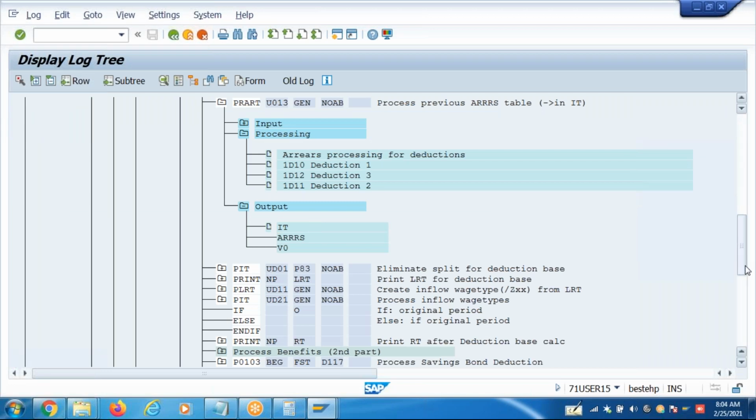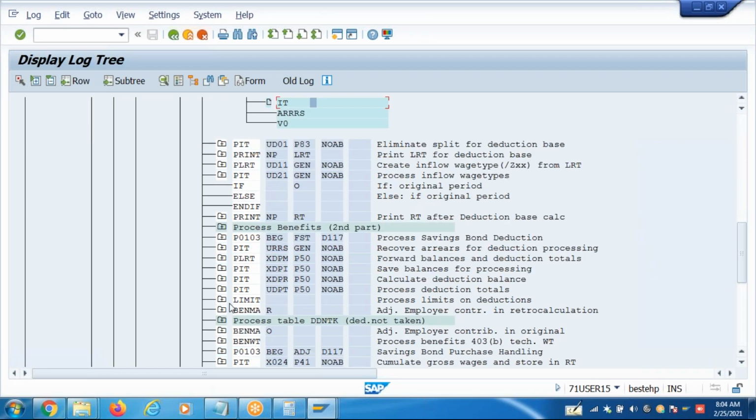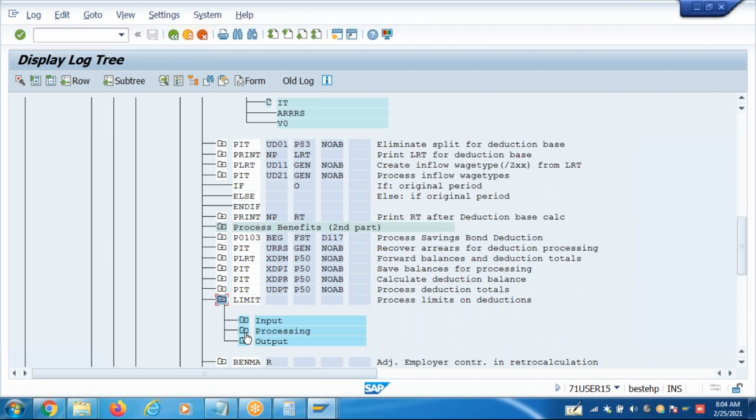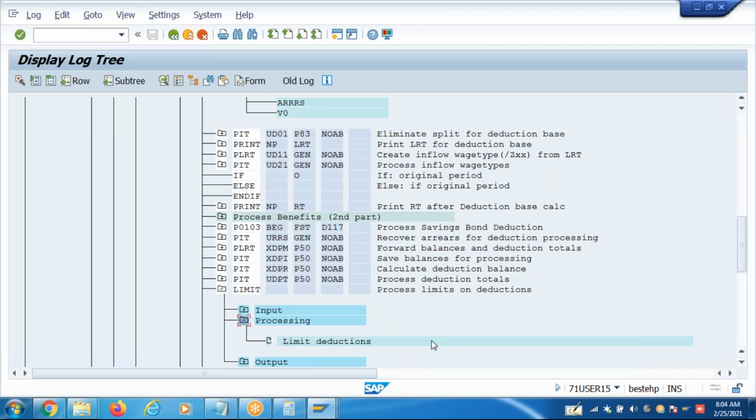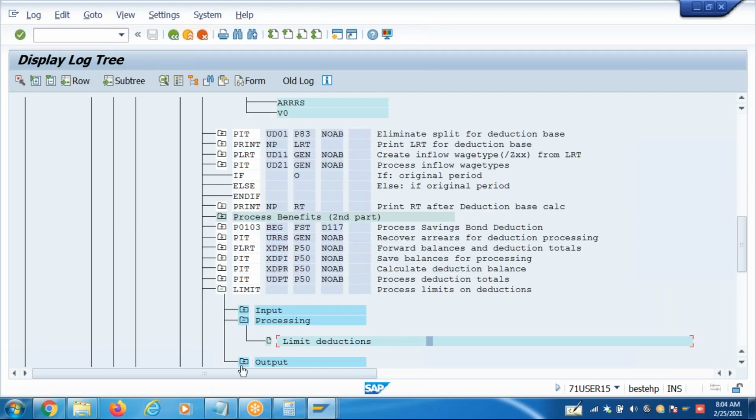In the subsequent month, again there is a limits function. All the three deductions together is how much? 6,000. So it is lesser than 8,000. There is nothing reduced in the subsequent month. All the 6,000 is deducted as it is.